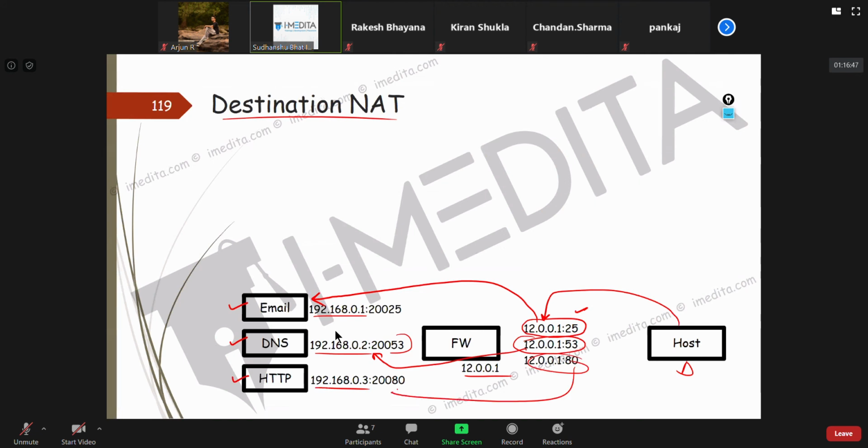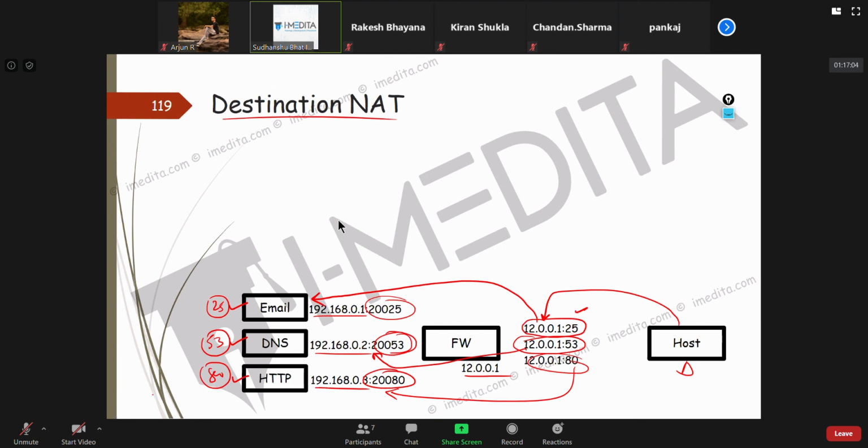Similarly for HTTP. Now sometimes inside the network they don't keep the default port number, like for email it's 25, for DNS 53 and HTTP 80. If you have kept it that way, you can mention that.